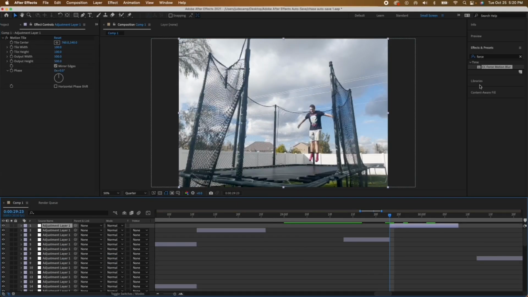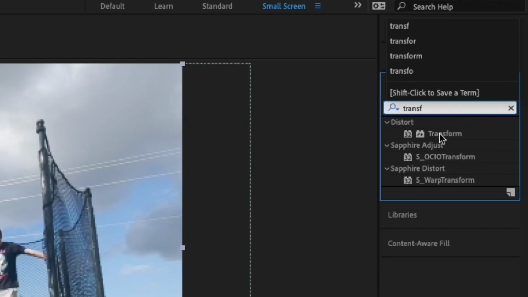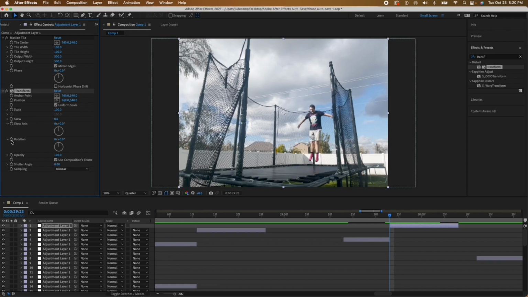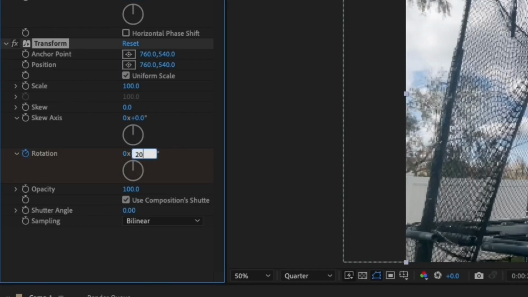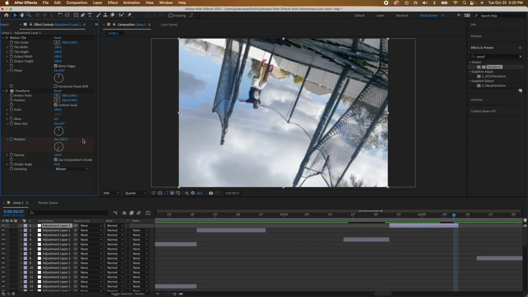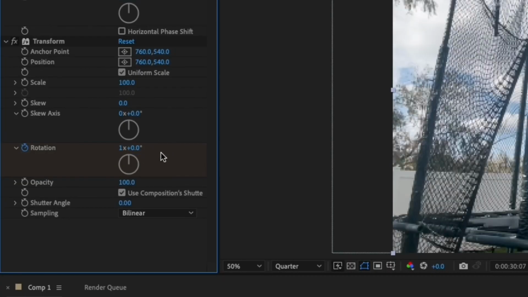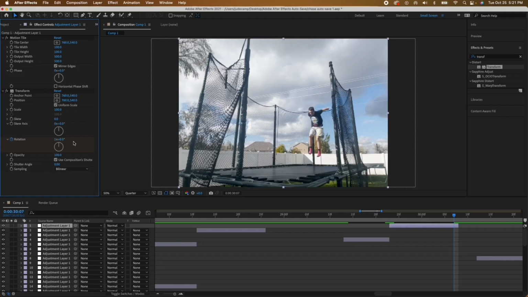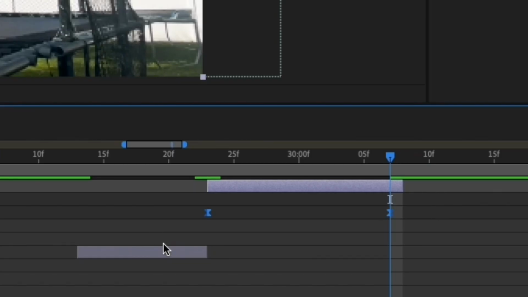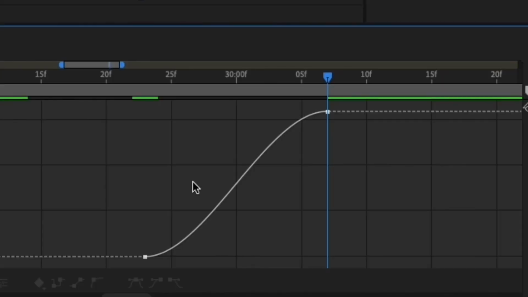Now the second part of a rotational transition is a bit different than the second part of a slide transition. So again, put up transform, make a keyframe for rotation, set it to like 200 I guess. And at the end of the layer, make it 360 because that is gonna be just like 0 is, because that will bring you to the same point that 0 would at the beginning, except if you put 0, then it would make it go backwards and it wouldn't really be a smooth movement. Highlight the keyframes, yada yada yada, and graph